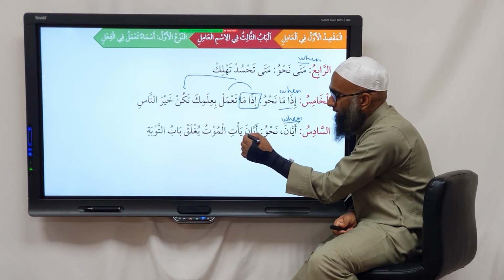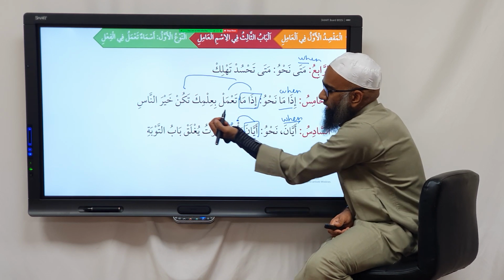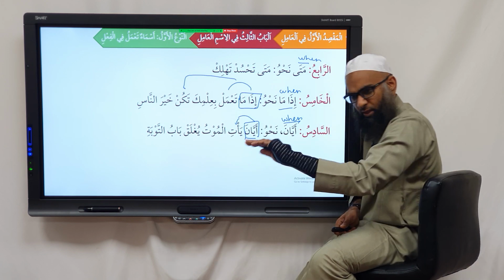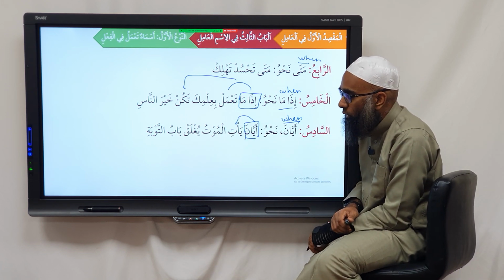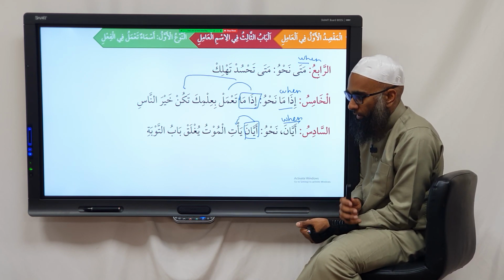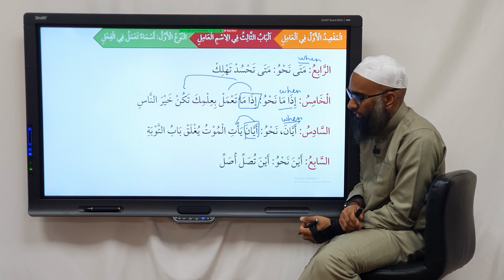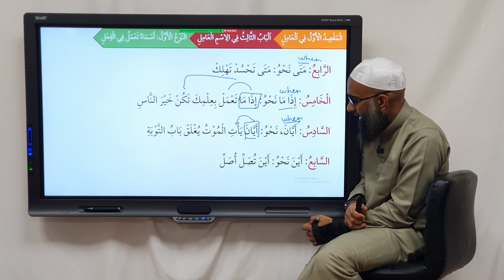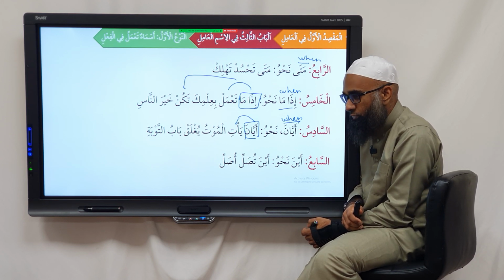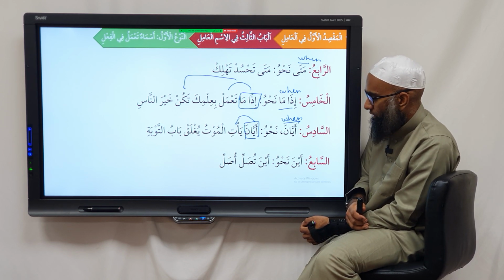So Ayana, when? It's an Amil. It makes this majzoom, so it's really majzoom, it's ya'ti, and the harfun illa has dropped at the end to make it majzoom. We do that in the Arab section. That's majzoom as well. And yughlaq is also majzoom because it's the jawab of Ayana. Everyone following? Again, the concept is the same. You have to know the meaning of these words. And the seventh is what? Ayna. Nahu ayna tusalli usalli. So wherever you pray, I will pray as well with you. Ayna tusalli usalli.